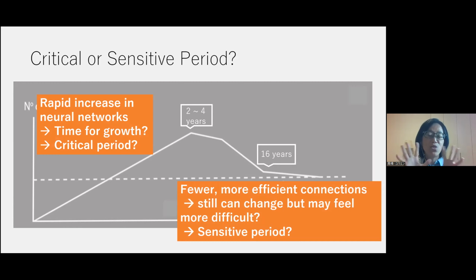And this is just my thought, and I just wonder if I can sort of look at their inconclusive research findings by using the idea of synaptic pruning. So if you have any thoughts, feel free to share at the end of my presentation. Okay,